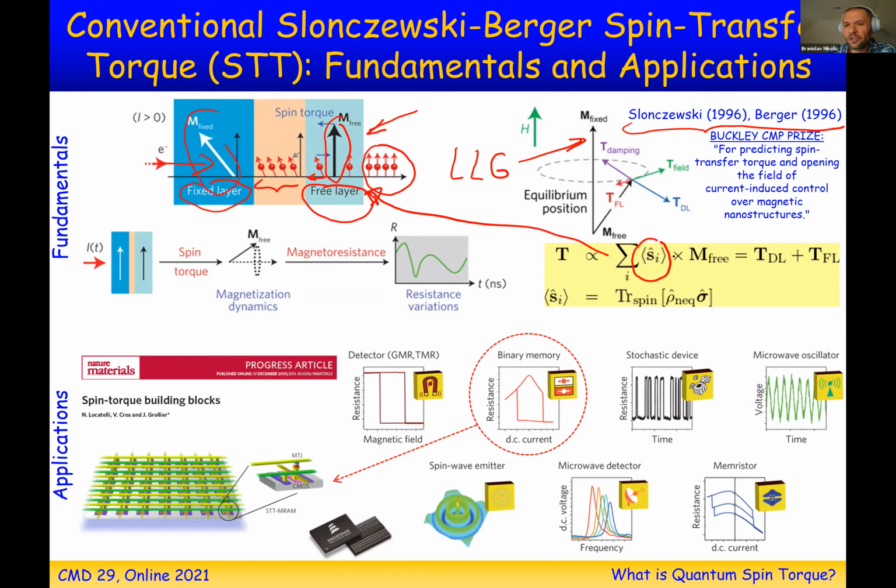what is called torque. Historically there are many other ways people have used to compute torque, but this is the most efficient one, which operates both in the standard magnetic tunnel junction and spin valve tri-layers, as well as in the case of this newer frontier of spin-orbit torque you heard about in the previous talk.